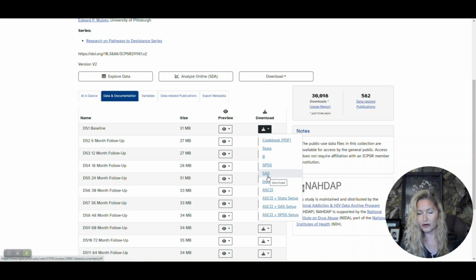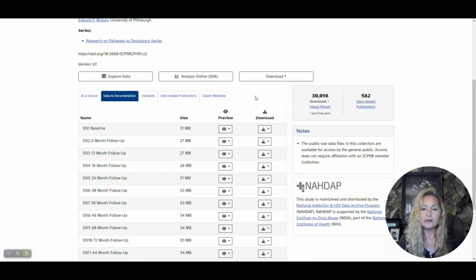statistical software program that you tend to use. So Stata, R, SPSS, SAS. You can get it in ASCII files with the individual types of setup associated with the different programs. But clearly you need the code book. So get the code book. I frequently use SPSS or Mplus, and Mplus is a different thing altogether. So there you go, and you would save it, open it, use it how you would, but clearly you need